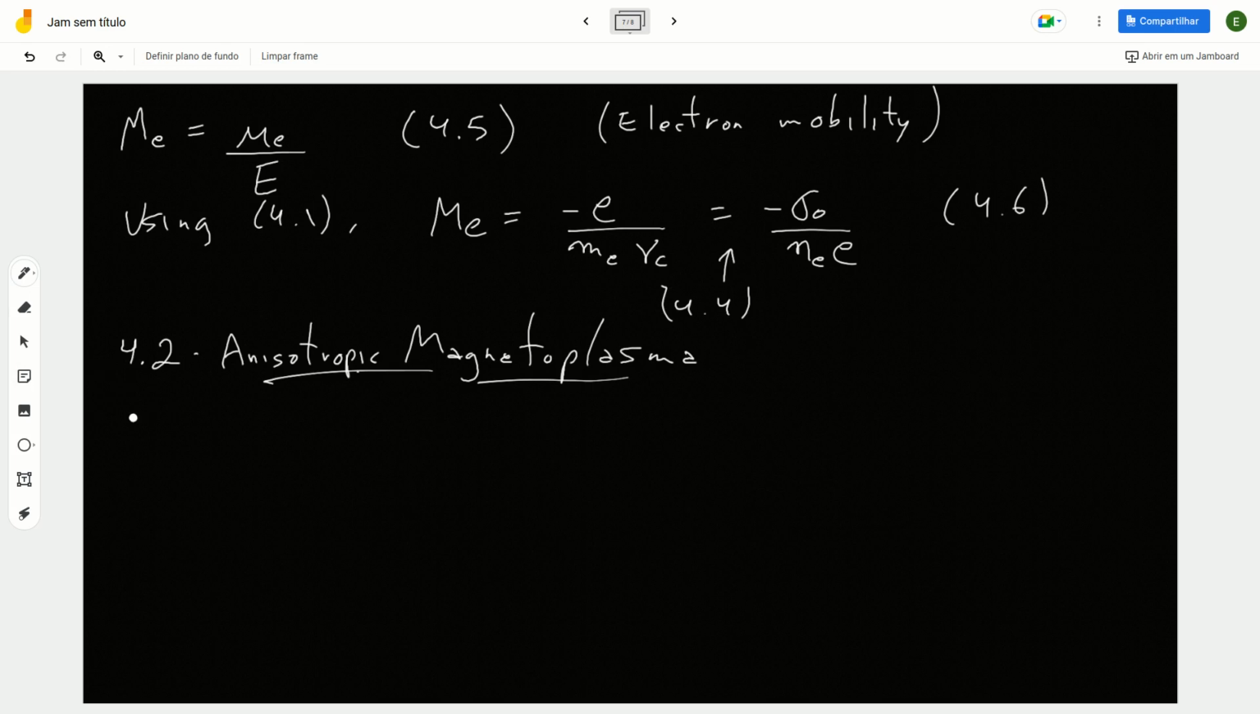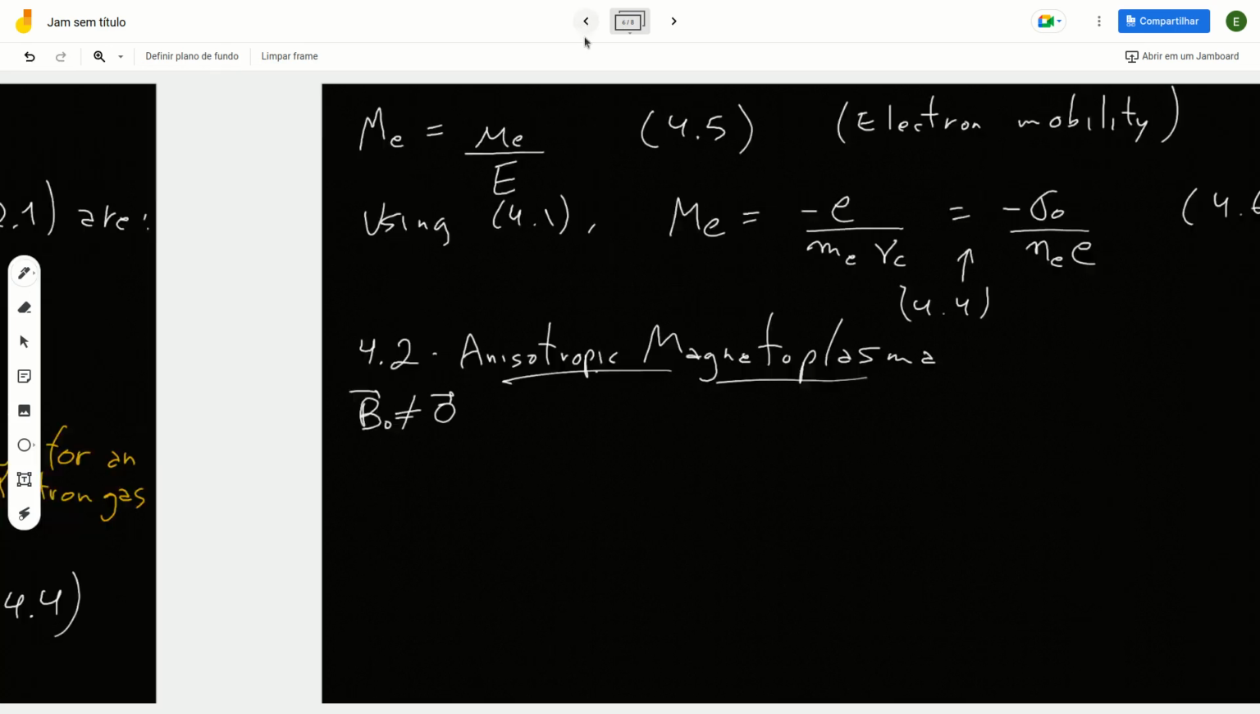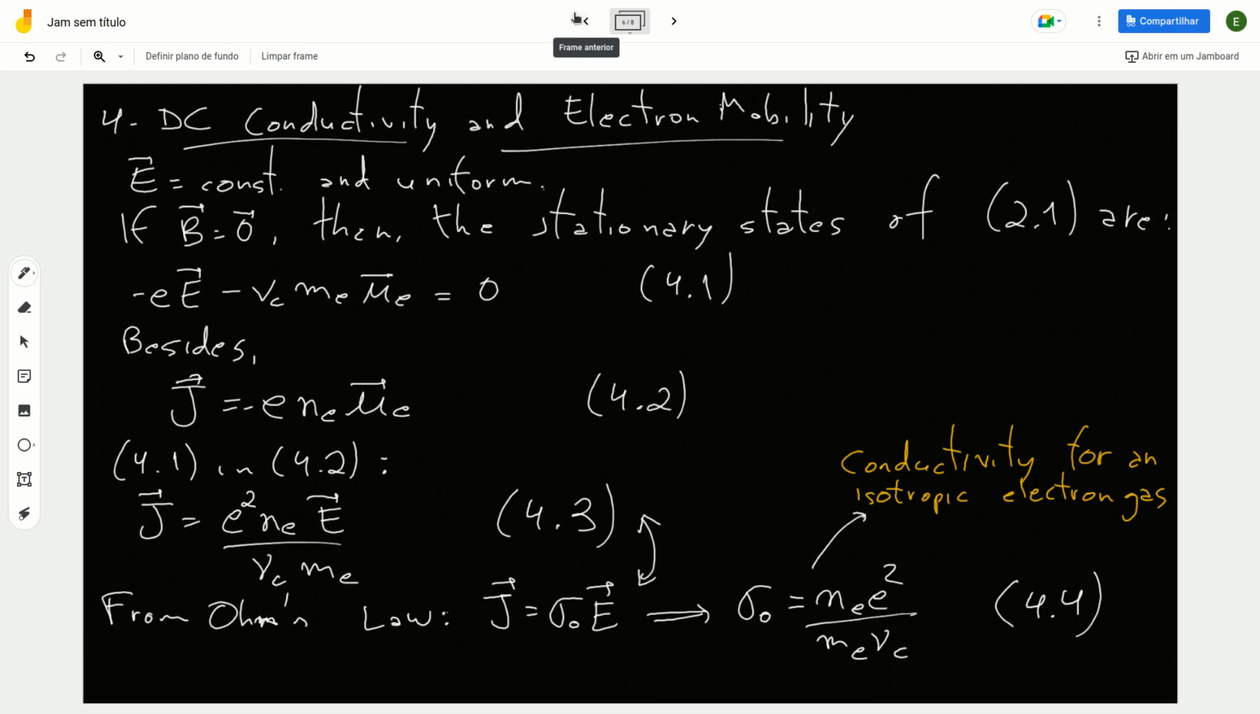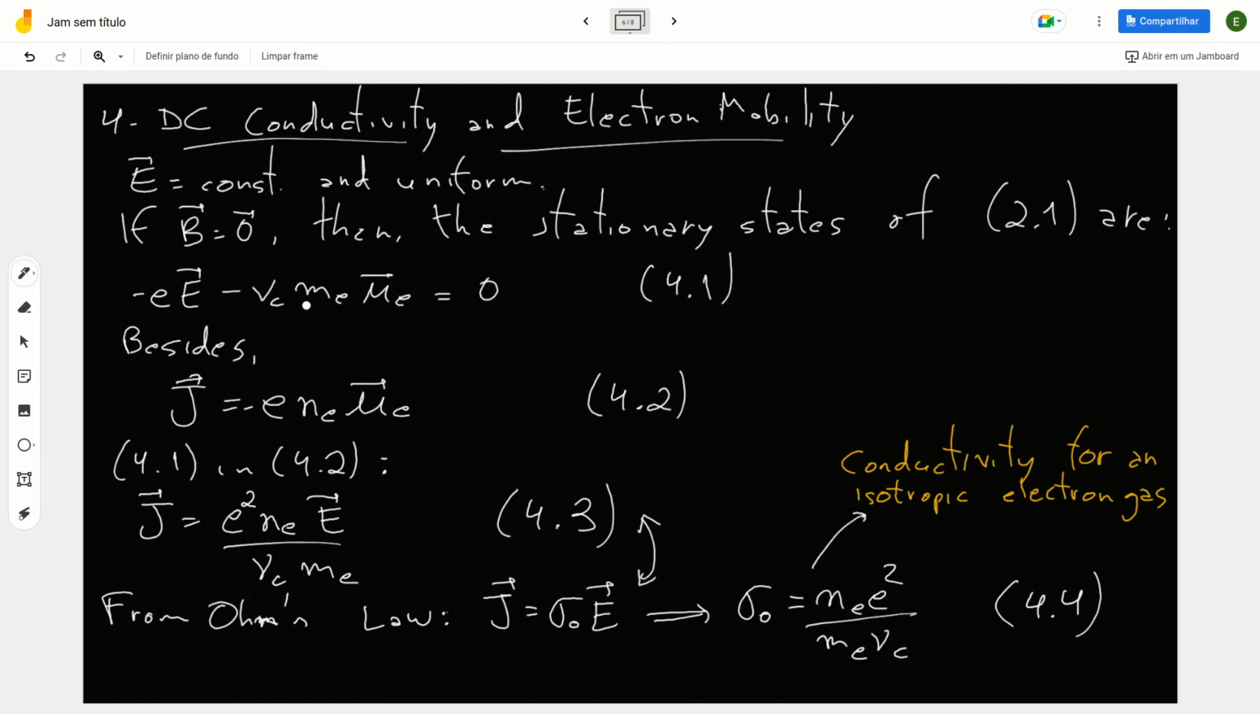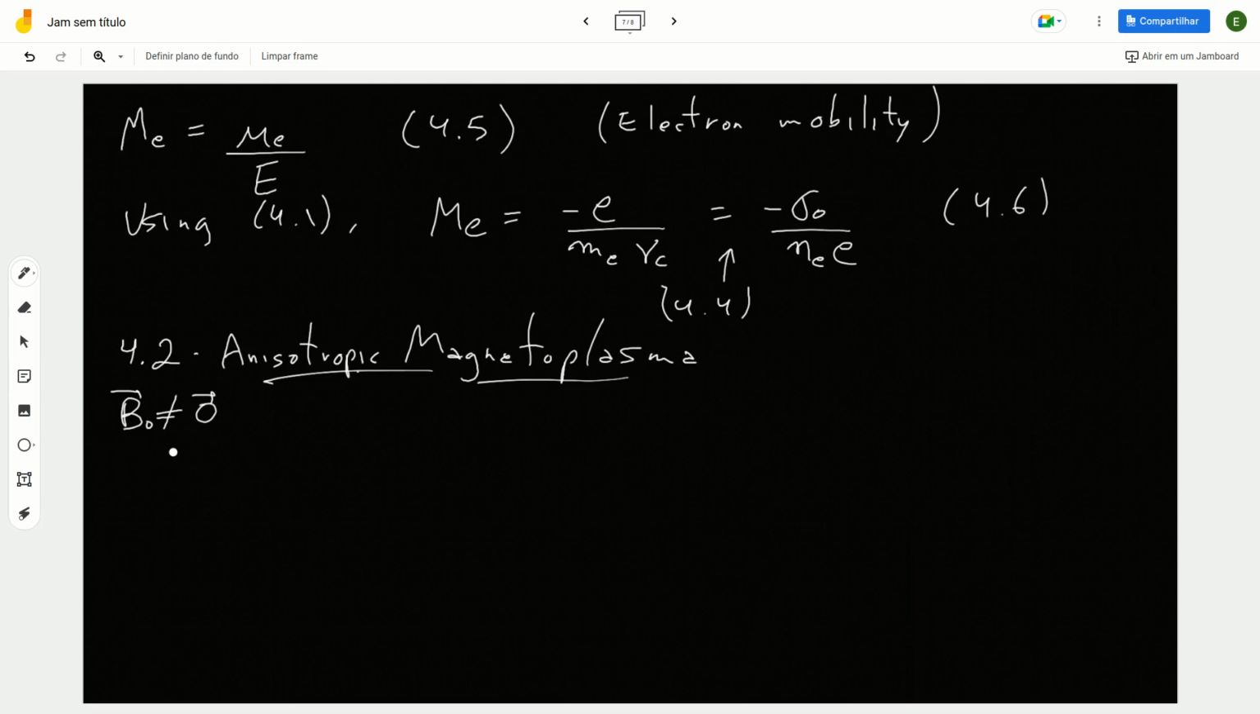In the presence of B, and now consider B a constant background magnetic field, non-zero, the plasma will become spatially anisotropic, and the stationary states of the Langevin equation are now, if you take the next form of, where is it? Here. So 4.1 now, it's not 4.1, so stationary states of 2.1 become